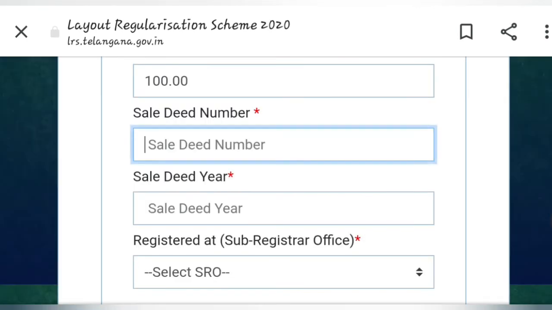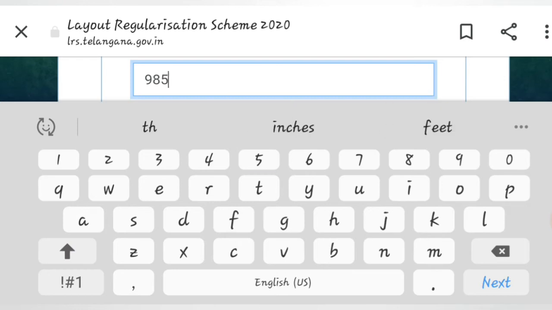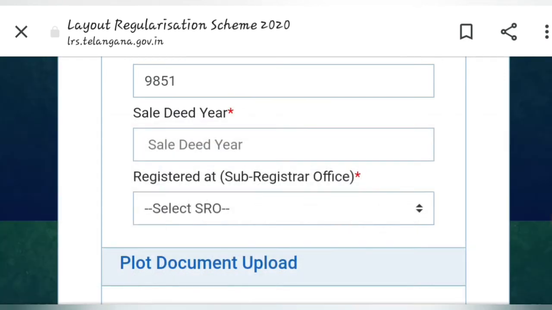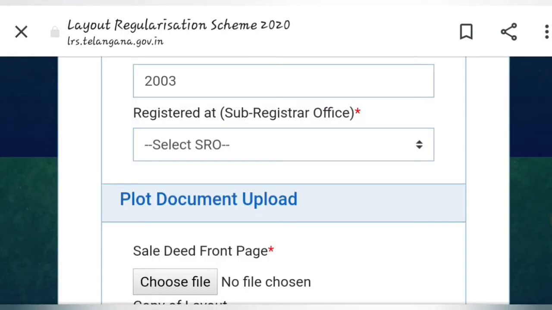So sale deed number, this will be in the front page of your plot papers, at the top of the number. Some contain a document number, that is also a sale deed number, so go with it. Here also, give whatever you have in your papers.